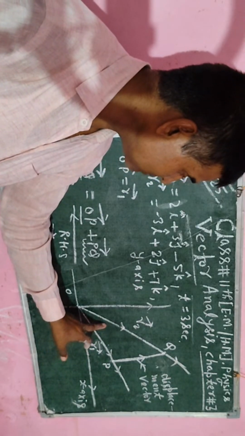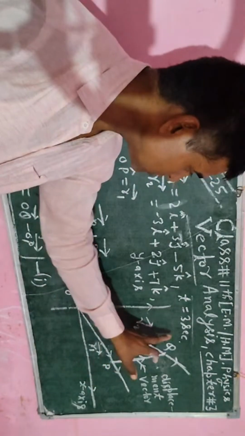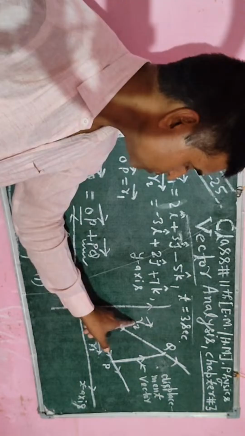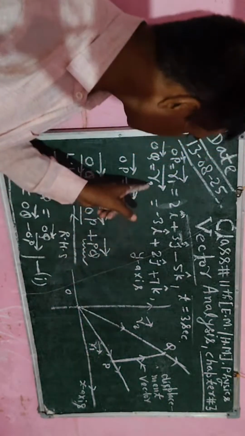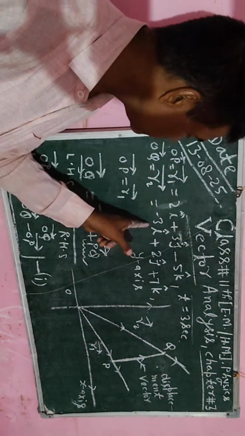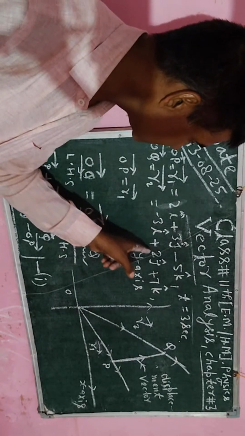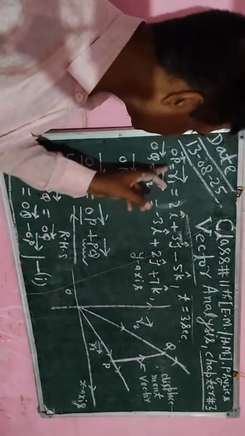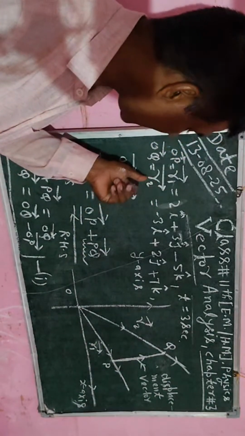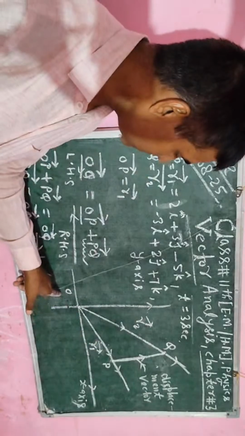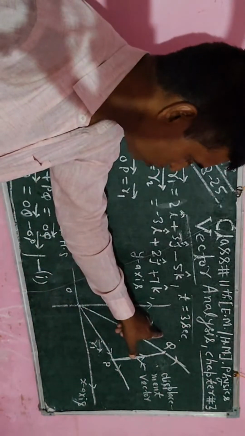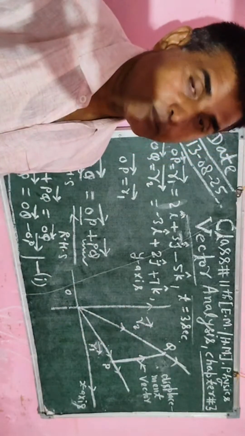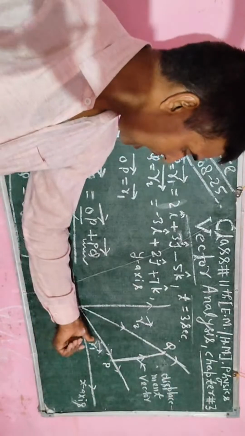वेक्टर 3 सेकेंड के बाद जो होता है पी पॉइंट से क्यू पॉइंट तक मूव कर जाता है, तो उस केस में पोजीशन वेक्टर R2 हो जाता है। R2 का वैल्यू यहाँ पर दिया गया, R2 = -3 वेक्टर I का प्लस 2 वेक्टर J का प्लस 7 वेक्टर K का। उसी तरीके से वेक्टर R1 भी दिया गया। वेक्टर R2 को रिप्रेजेंट करता है OQ, वेक्टर OQ और वेक्टर R2 दोनों सेम होते हैं, उसका नाम पोजीशन वेक्टर होता है।